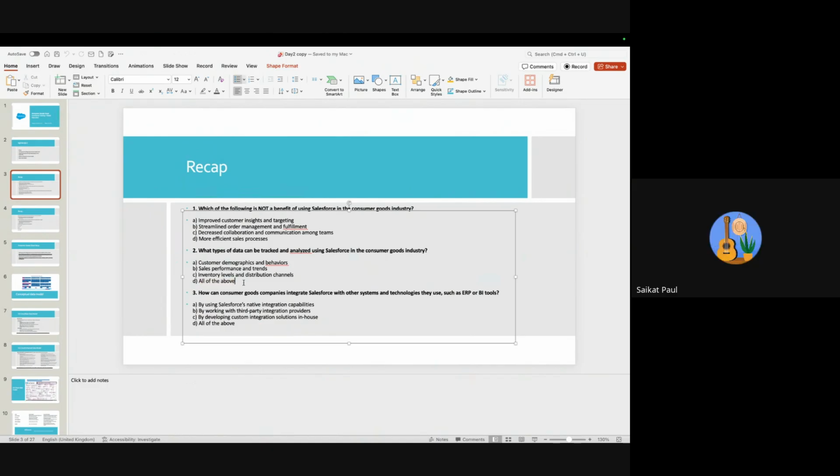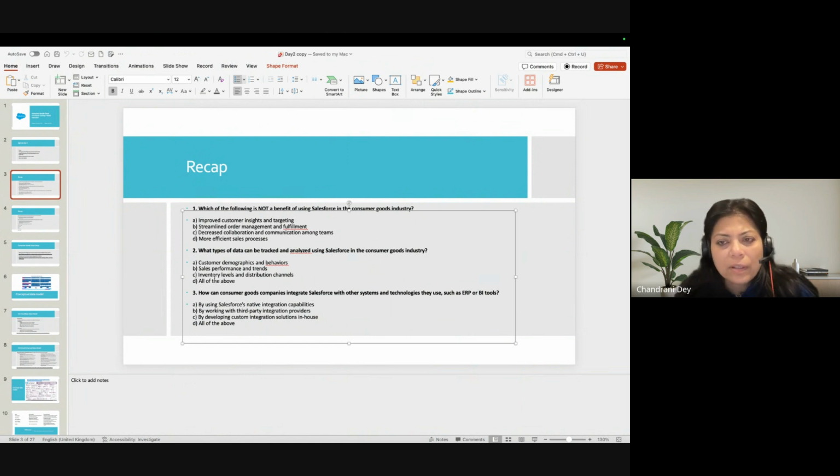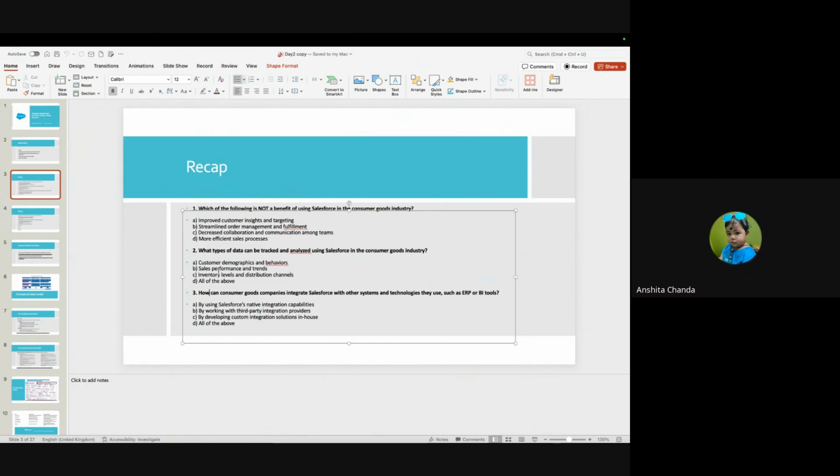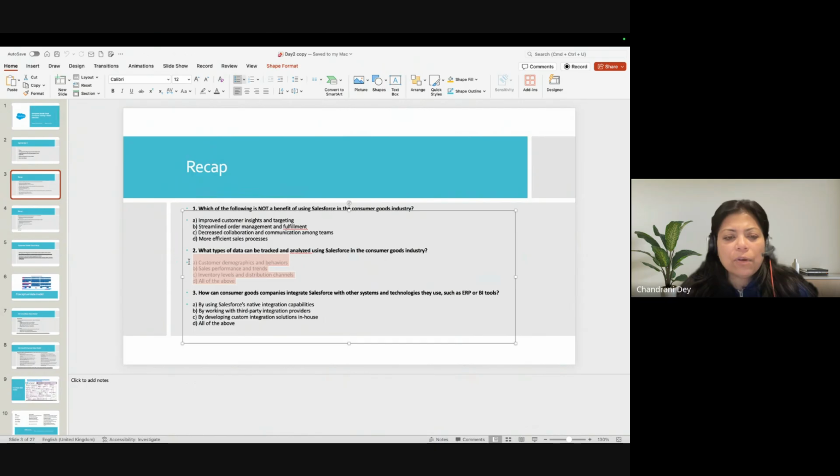It will be all of the above, because Salesforce can track customer sales and inventory all together. So that is why it is all of the above.